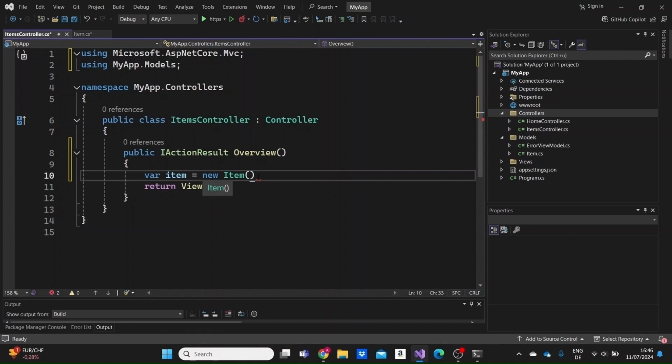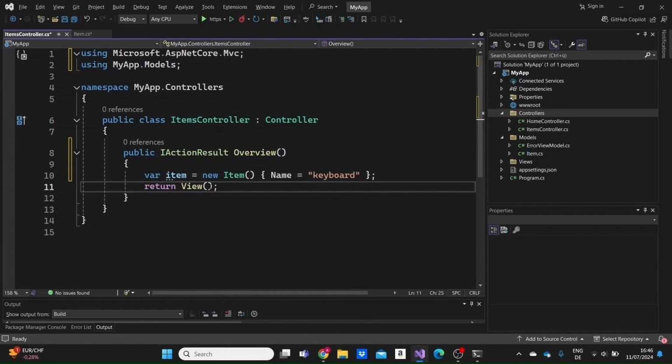And let me just create one item here. It's not necessary for me to give an ID to the model because the program will give it itself. So I'm just going to specify the Name property for the item. And let's give a name to a random item. Let's say keyboard. And that's it. So I have created an item here and I'm going to pass it to the view,